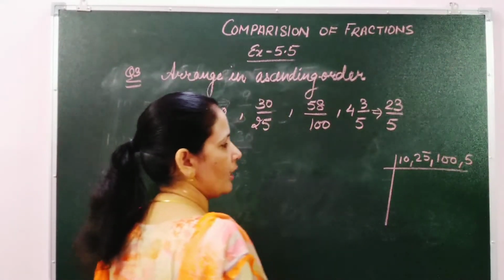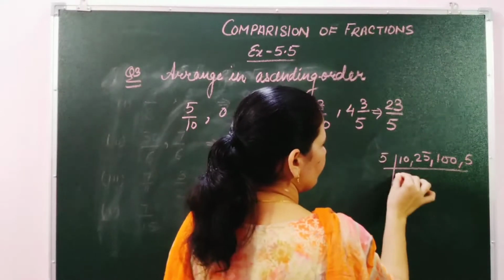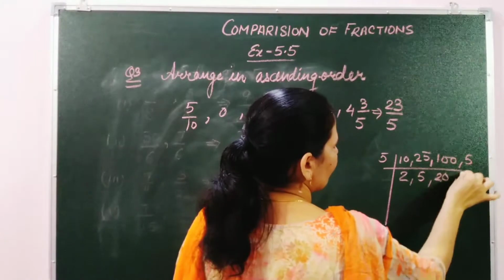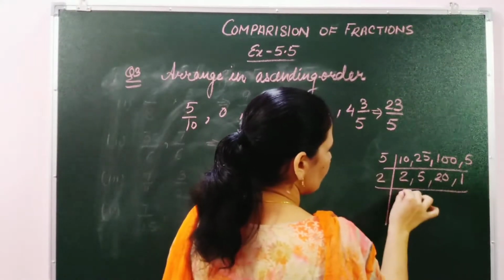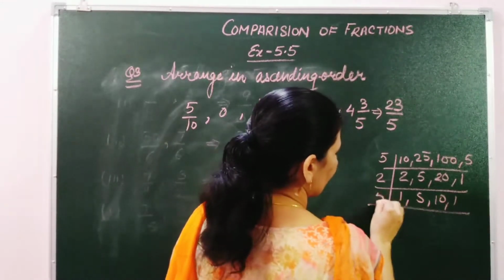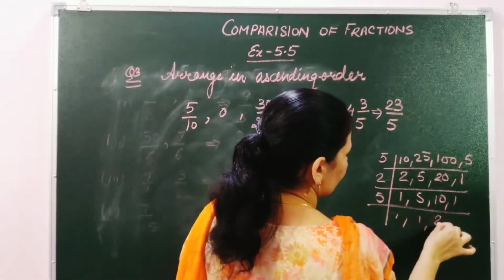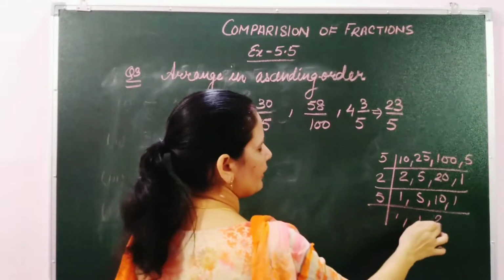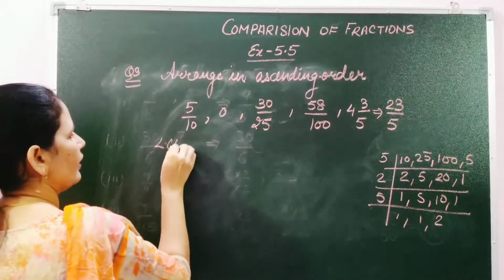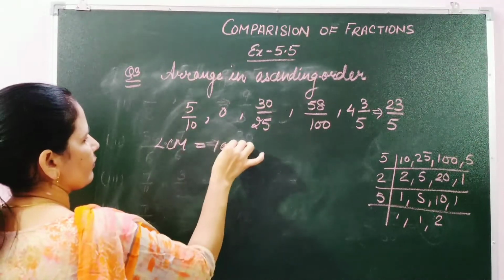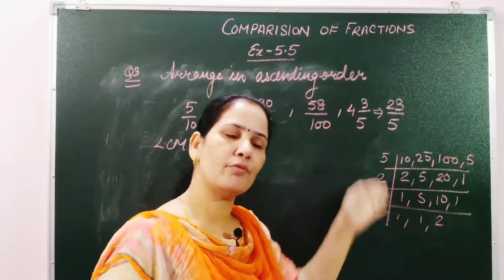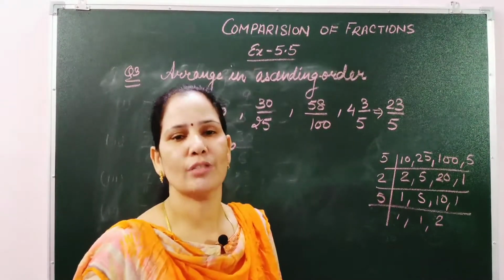So if I try with 5, 5 1 is 5, 5 2 is 10, 5 5 is 25, 5 2 is 10, and 5 1 is 5. So try 2, 2 1 is 2. Again it is possible with 5, 5 1 is 5, 5 2 is 10. So students, 5 2 is 10, 10 2 is 20, 20 5 is 100. So here the LCM is 100. Okay. Students, you can take the smaller prime number first and then move to the greater one. In any way you can solve this question.